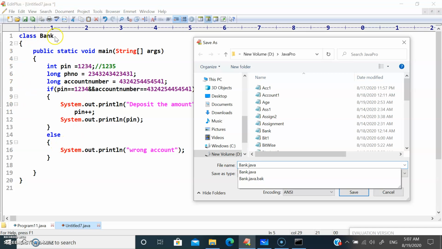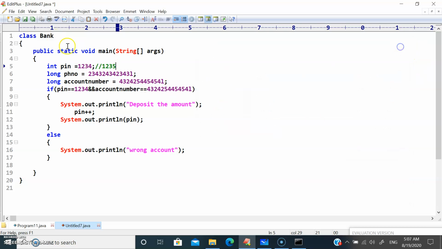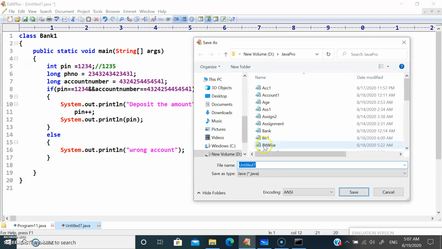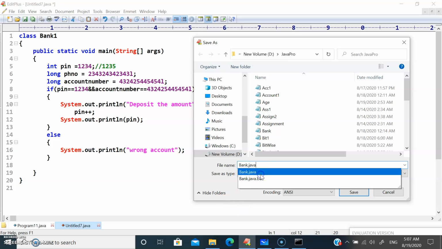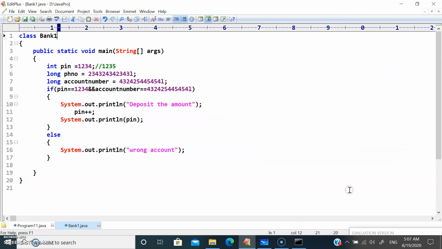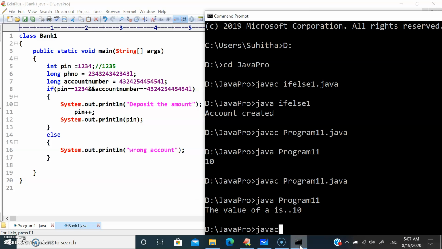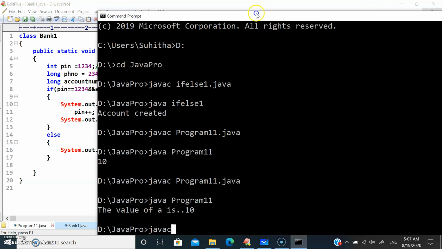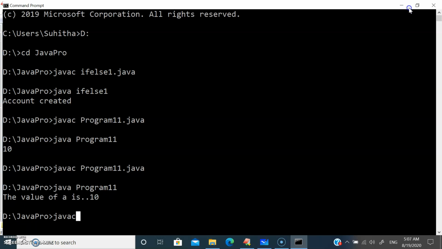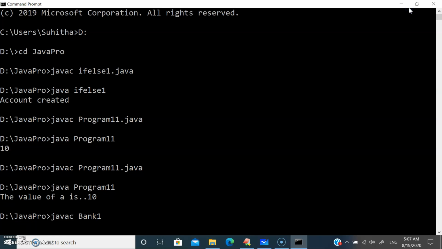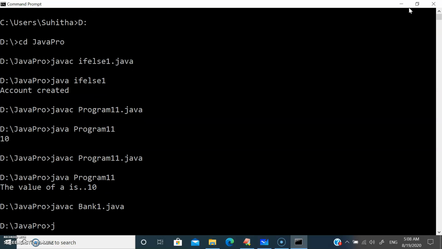Bank already exists, so let me change it to bank1, Bank1.java. Now javac Bank1.java, and then java Bank1.